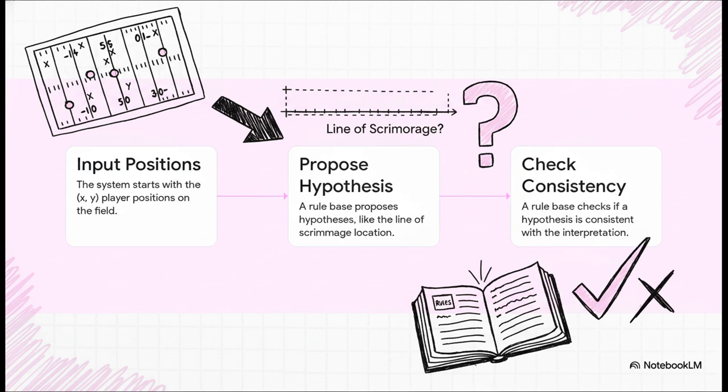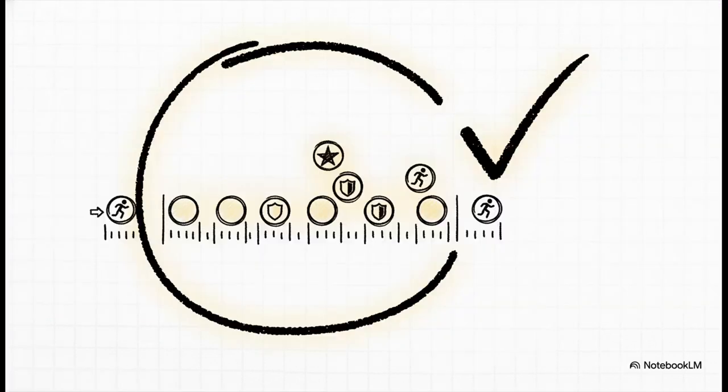And then it would check that guess against a huge rule book. Hundreds of rules about how football formations are supposed to look until it found a combination that made perfect spatial sense for all 11 players on the offense. And boom, the result was a perfectly labeled formation. This is the key part. Before the play even starts, the system now knows who's who. It's figured out the quarterback, the center, the wide receivers, all just by solving that static spatial puzzle.